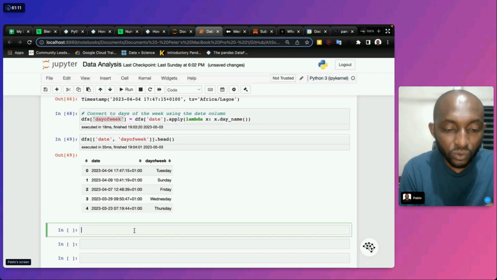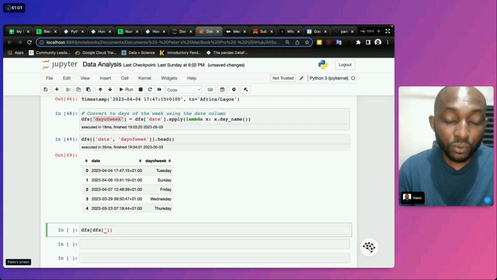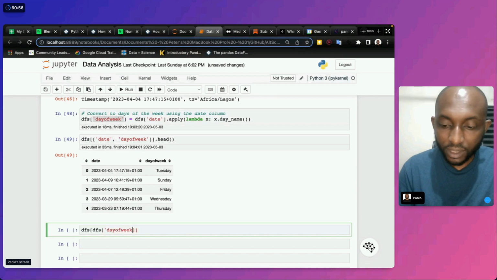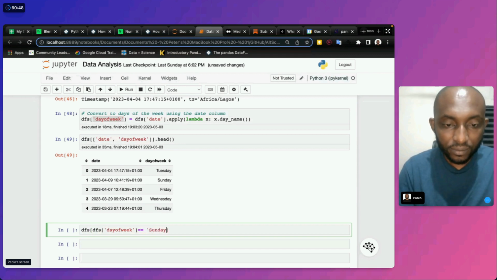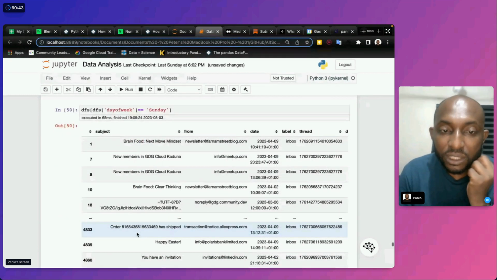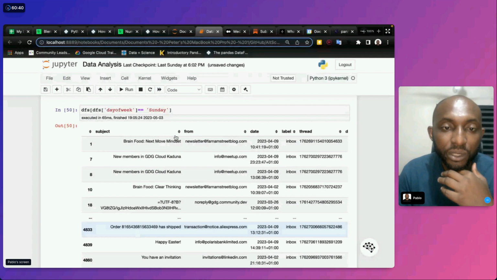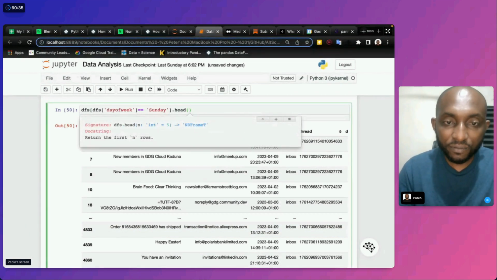So we can do a subset and say DFS, open bracket DFS open square bracket again, day of week, then we're going to say equals Sunday. So what we are trying to do is bring out a subset of that. So now these are all the emails that I received on a Sunday. So let me just take the first 5, or maybe say 10.